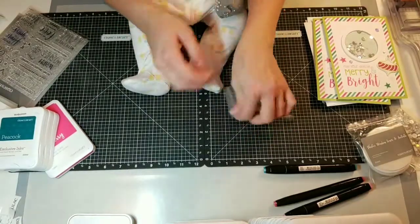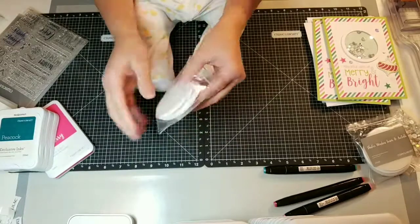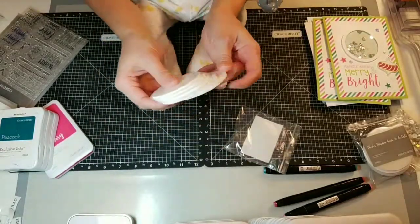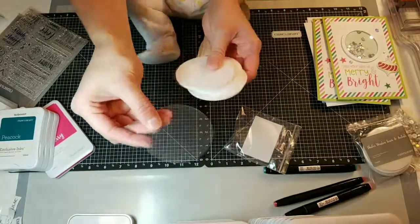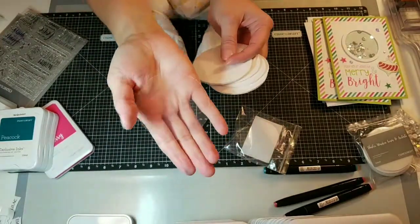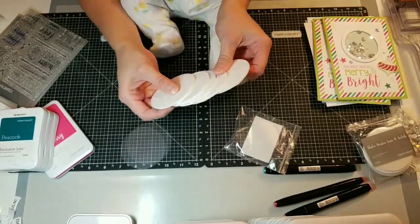Okay, so this package comes with 6 of your foam circles and 6 of your acetate. Hopefully you can see those circles. Okay. So what I wanted to show you though is